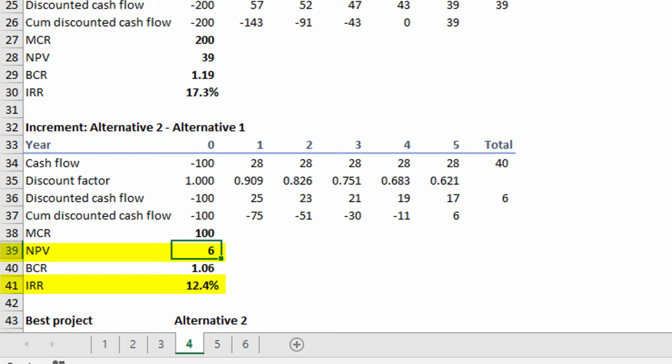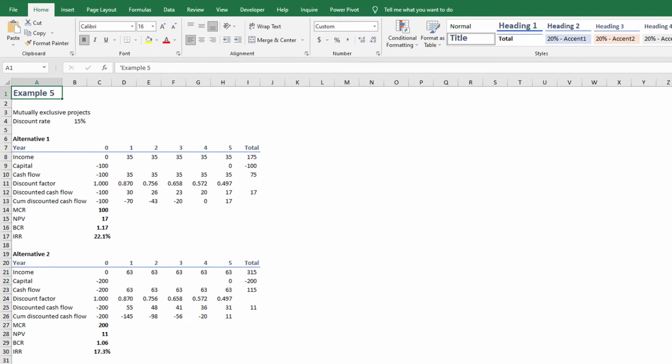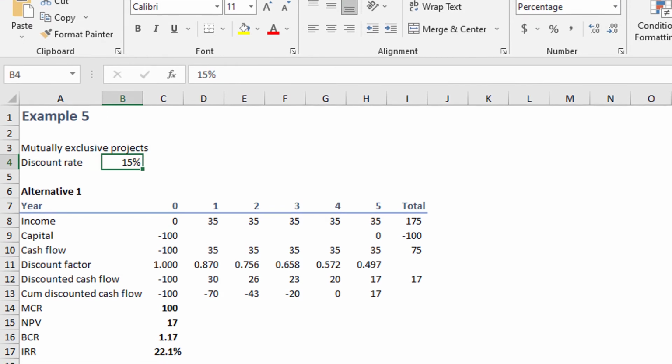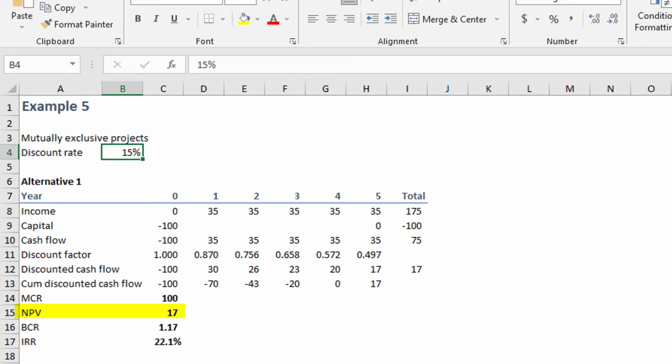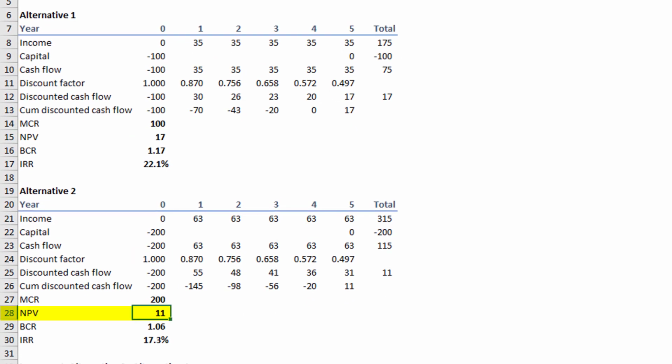We also can see in the incremental analysis at the bottom of the page at cells C39 and C41. Now consider example 5 on sheet 5, where management increases the discount rate to 15% as shown in cell B4. Alternative 1 generates an NPV of $17,000 as shown in cell C15, while Alternative 2 generates an NPV of $11,000 as shown in cell C28.